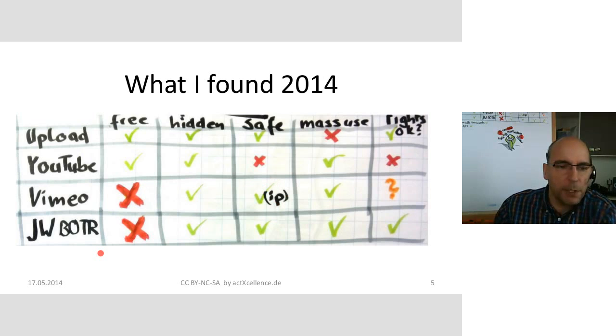requirements. First, to make this more actual with Vimeo, there is a possibility to nail the videos to one IP for the link. I haven't tested it. I cannot say if it is really safe, but I know it isn't free. You have to pay something for Vimeo. At that time, there was a service called Bits on the Run. And it was the same